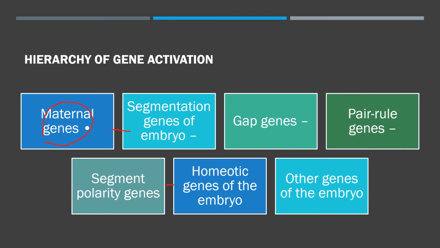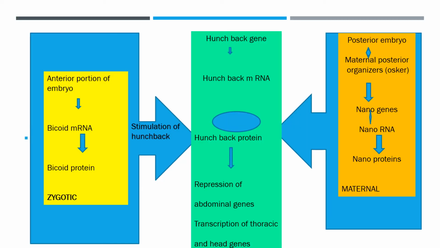Except these, there are certain other genes also found in the embryo. But these genes are basically the important ones. Maternal genes, I have told you, are bicoid, oskar and nanos. These are the few important genes which are maternal genes, found before the fertilization. And these genes are the zygotic genes which appear in the eggs after the fertilization. By the next slide you can understand very well. These are the zygotic genes.